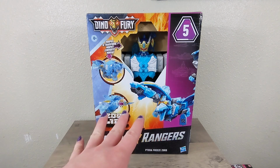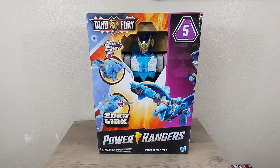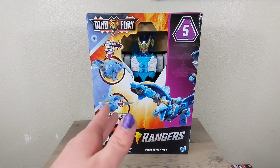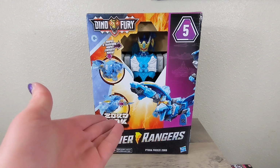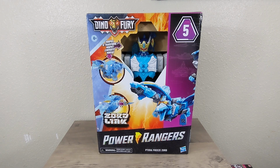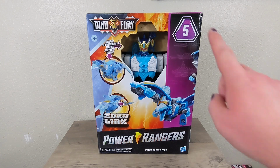So this one and the Mosa Razor have been found in Target stores, and they have also been popping in and out of stock on Amazon. That's where I got mine, actually. Sometimes the listings go live and then they go down immediately. I was surprised that it actually shipped out. I hadn't seen anybody else get them from Amazon yet, but I did get the Ptera Freeze from Amazon, but then they delayed my Mosa Razor for some reason,